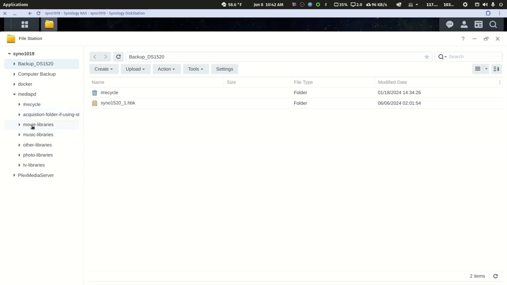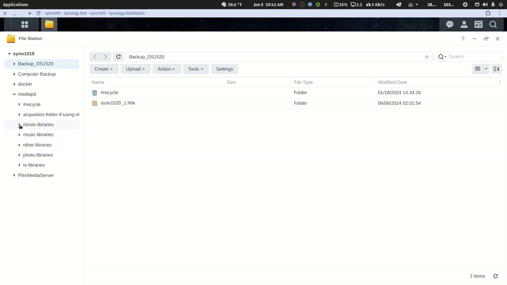If I click into that, I'm a little different. I recommend using a sort folder for each library type. If you watch any of Robbie's Plex setup videos under a Synology NAS, a QNAP NAS, an Asustor NAS, he's always recommending the same thing: separate library folders for each type of Plex library, but he's assuming you're only going to have one movie library, one music library, one TV show library, and that you're not going to have multiple photo libraries or multiple other video libraries. I just advise adding this